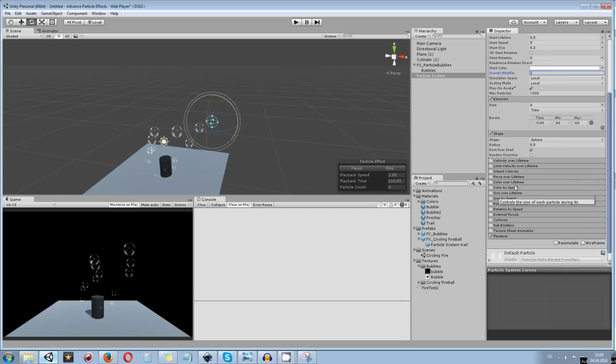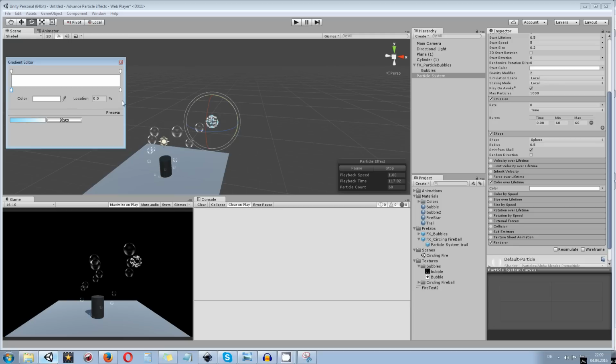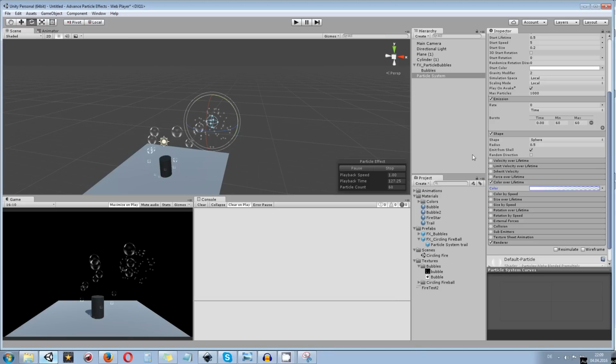What I also want to make sure is that I change the color over lifetime. So I'll select this one too. And make sure that you go to the very last point in here and change the alpha to 0. So they will go over and be transparent. You can also, if you don't want to use color over lifetime, use size over lifetime.